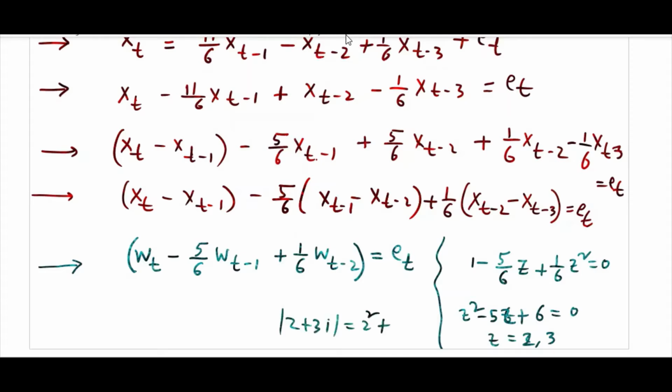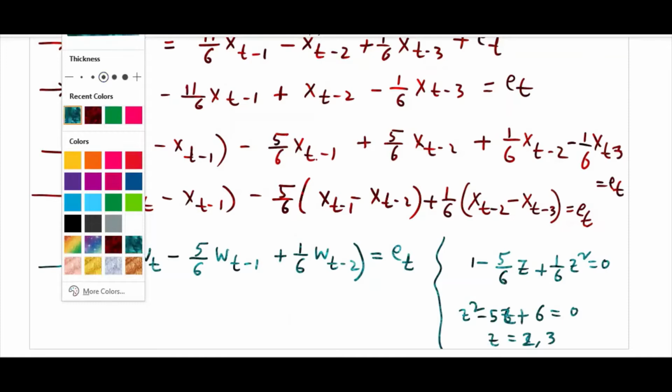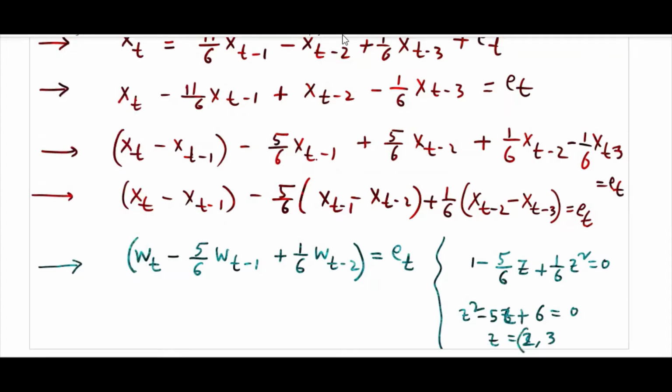And there is a formula. If you see a complex number, you have to find its magnitude this way. That is the only difference. For real roots, if there is a negative, it will be positive. That is the absolute value. You will do questions and you will be able to know how to get roots, but here both are greater than 1. So this is stationary. If you consider this AR2 process, this is stationary. So you can apply